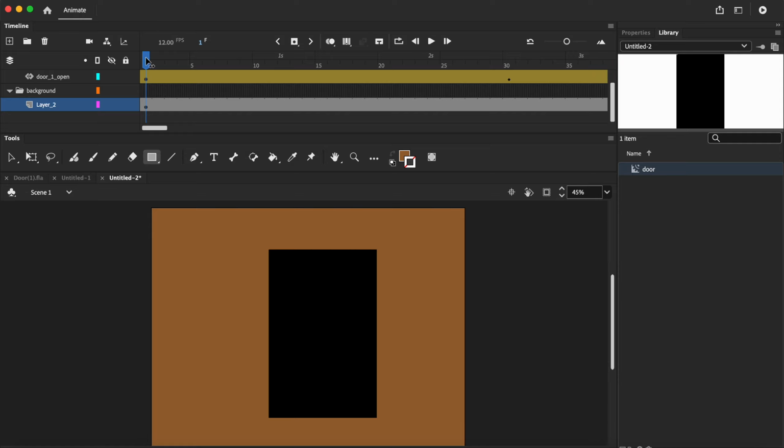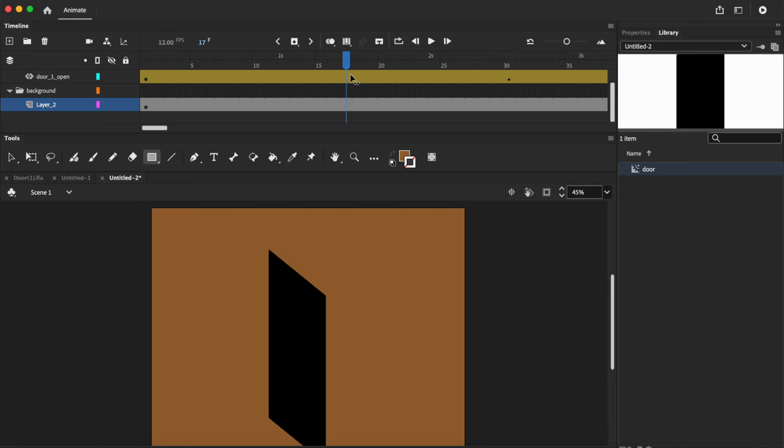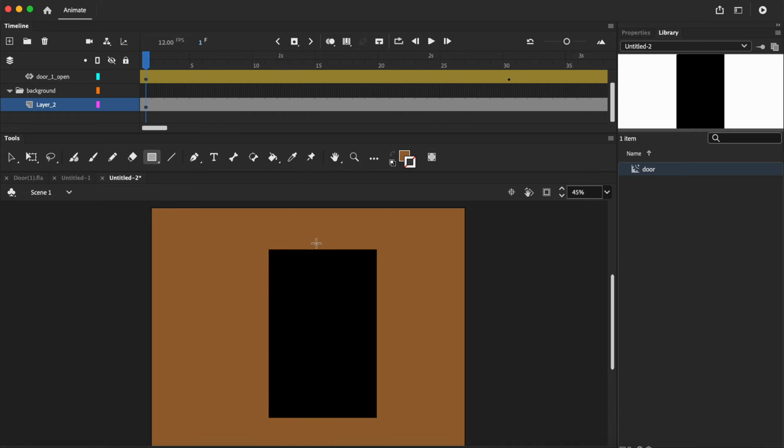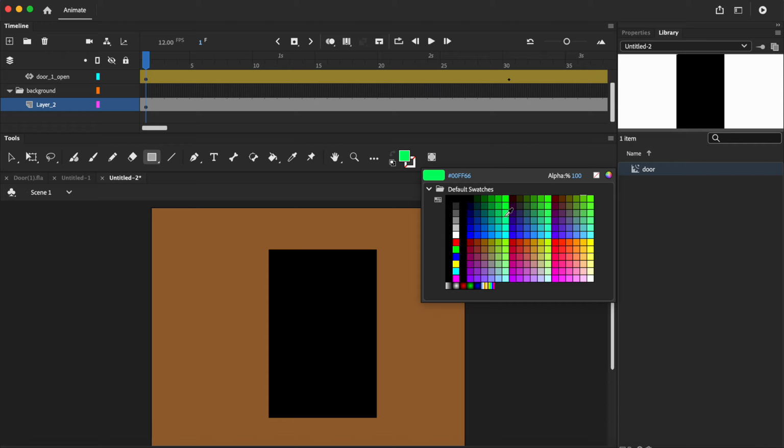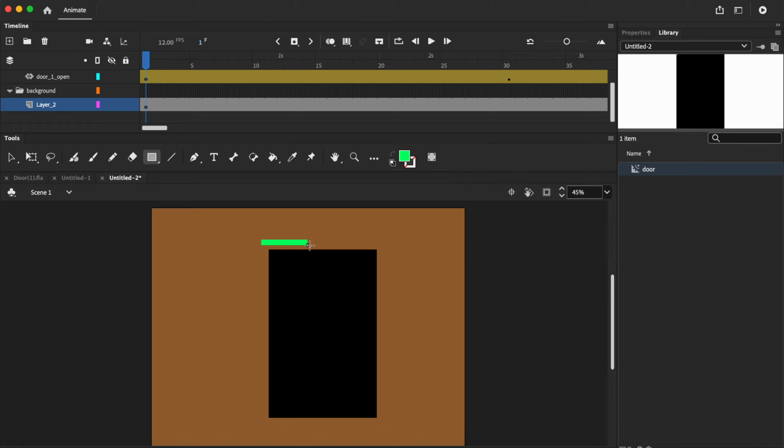However, if that door is opening and closing, I still don't see the framing. So you're going to want to identify the edges so that when that door opens and you're trying to figure out where to close it to, you know where your edges are. So you could do traditional if you want to do traditional. I'm just going to grab a green. You could go in and actually create a physical frame around it. It depends what kind of door you're doing. But let's just go here. But you don't want to add anything that's going to cover the inside of the door, not at this moment, because when we